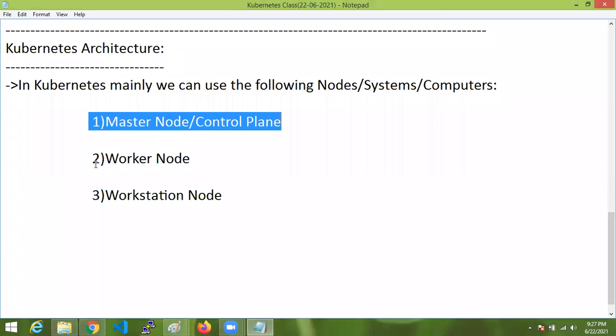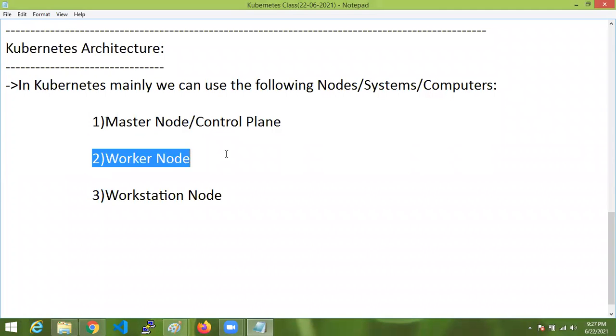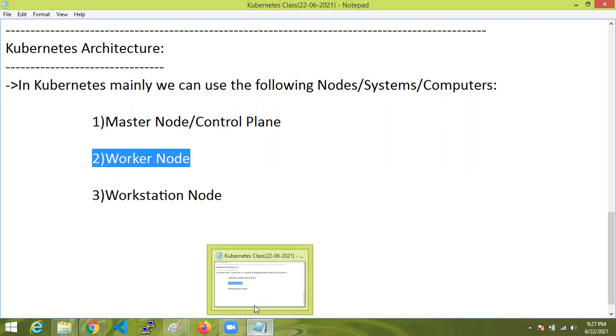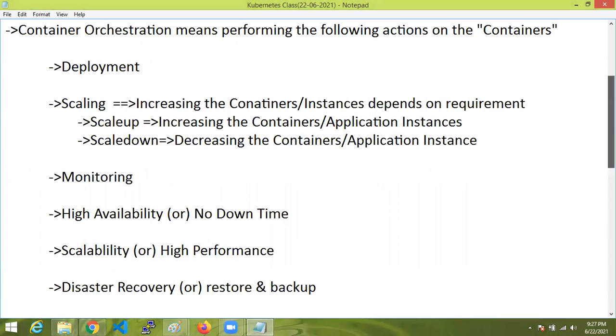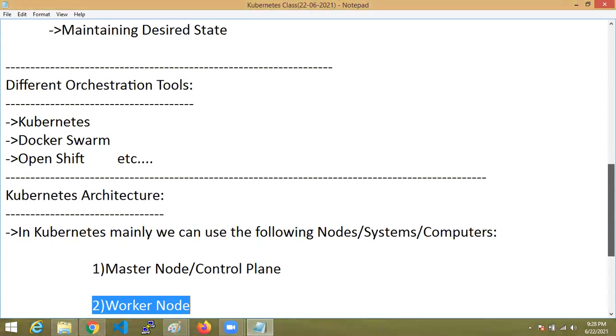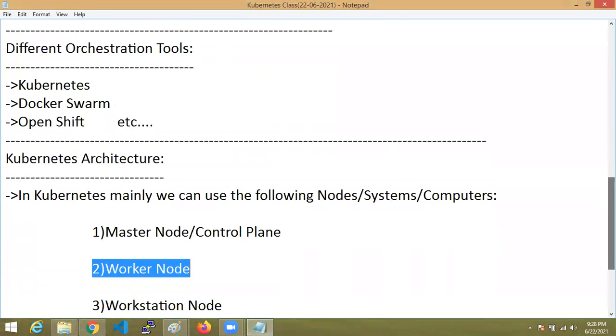Under that master node, we are going to use worker nodes. Worker nodes are where the containers are going to be deployed. I said already, Kubernetes is used to deploy containers. The systems where we deploy the containers, we call them worker nodes.